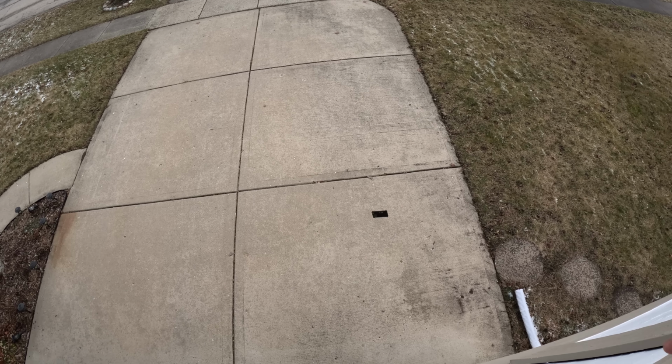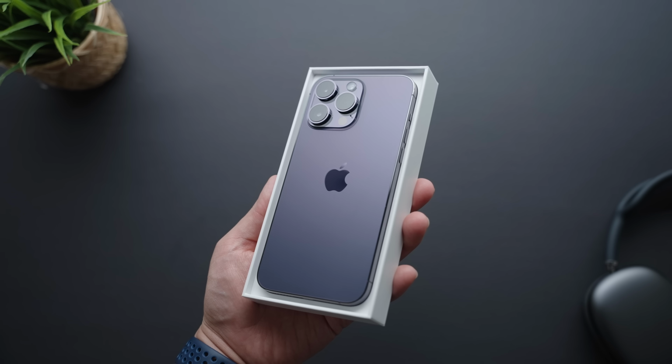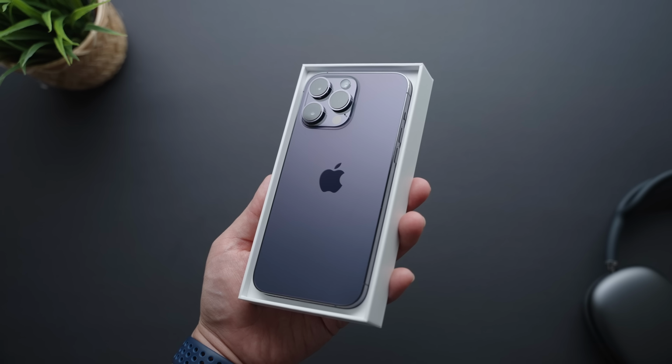Now, yes, the iPhone 14 Pro is a top-end phone made with top-end build materials, but when it comes to drop protection, it's definitely not the best. And considering how expensive this phone is, it's in your interest to keep this in as pristine condition as possible,